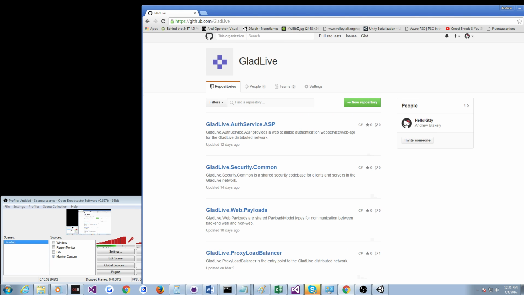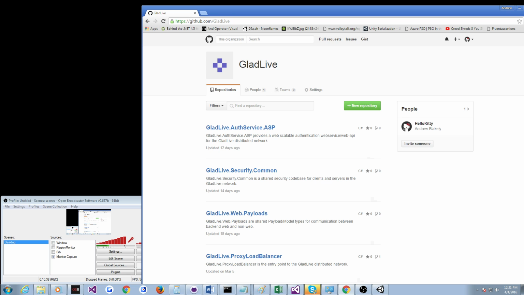Check out Glad Live if you're interested. These will be some of the core services. You think about stuff like authorization, patching. You think about friends lists, cross-server communication, cross-server friends lists, stuff like that. Or I should say cross-ship in terms of Phantasy Star Online. You think about stuff like,